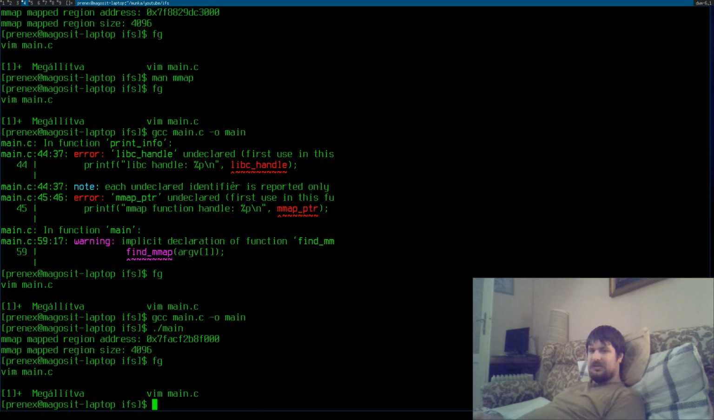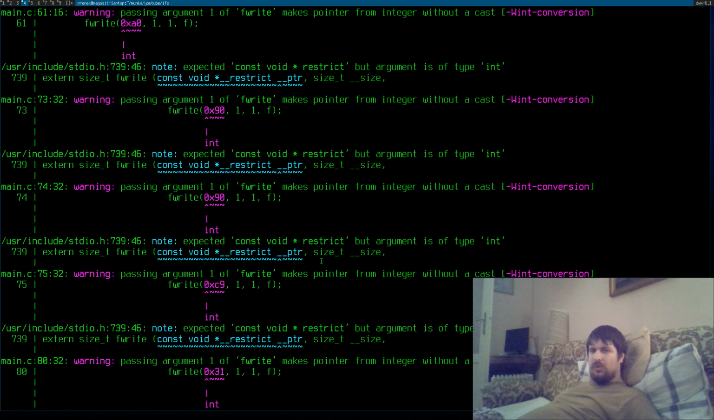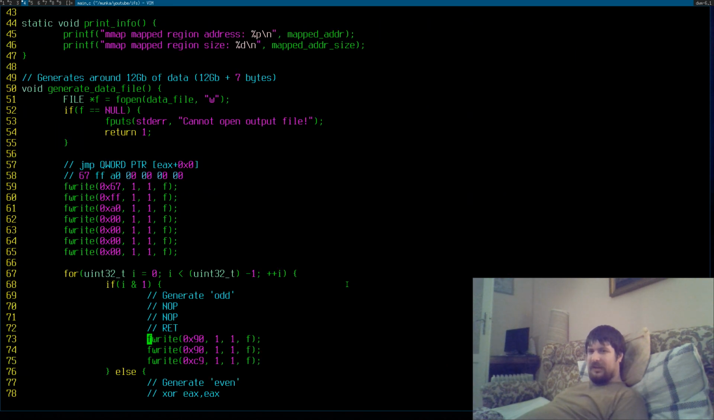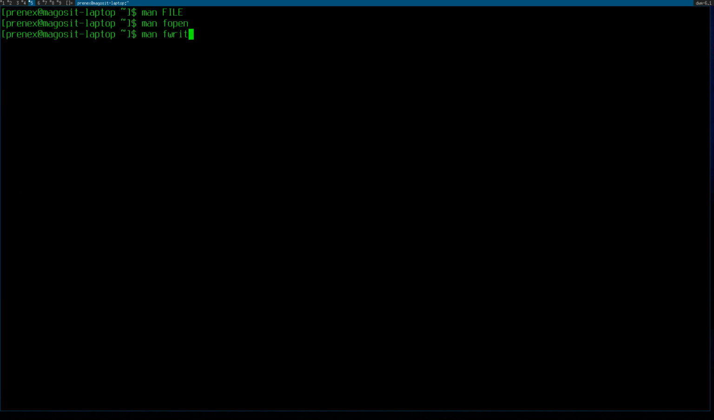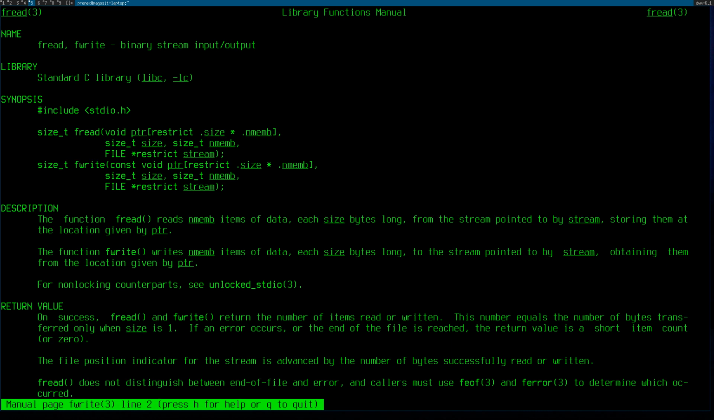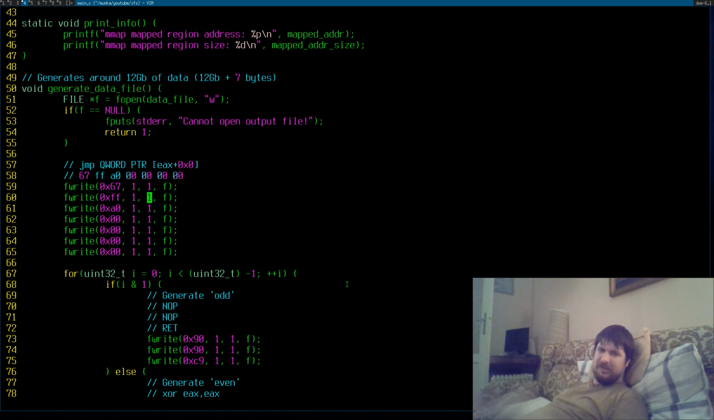Let's test this. Ooh, that would be very bad because this needs a pointer, isn't it? Yeah. Ooh. That sounds really bad, but we got it. So instead of these fwrites, what we should do